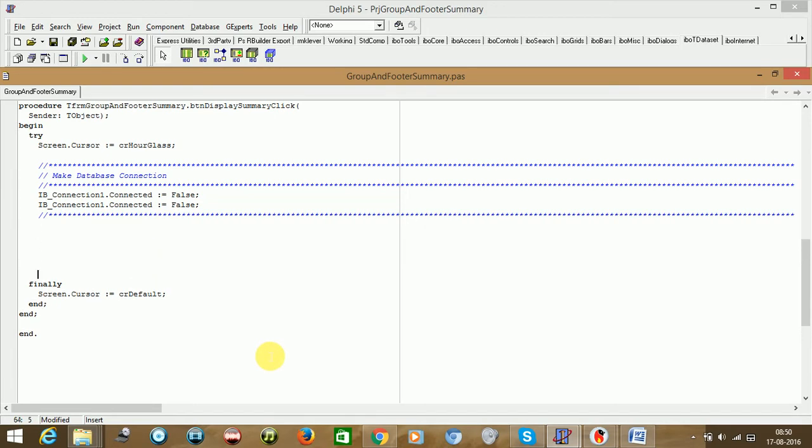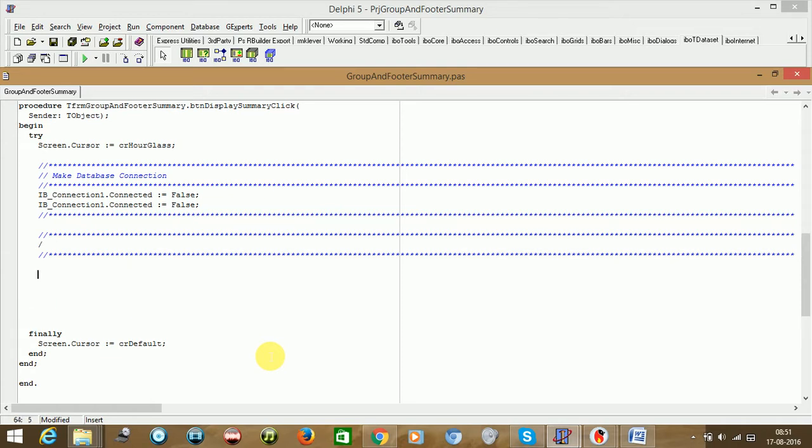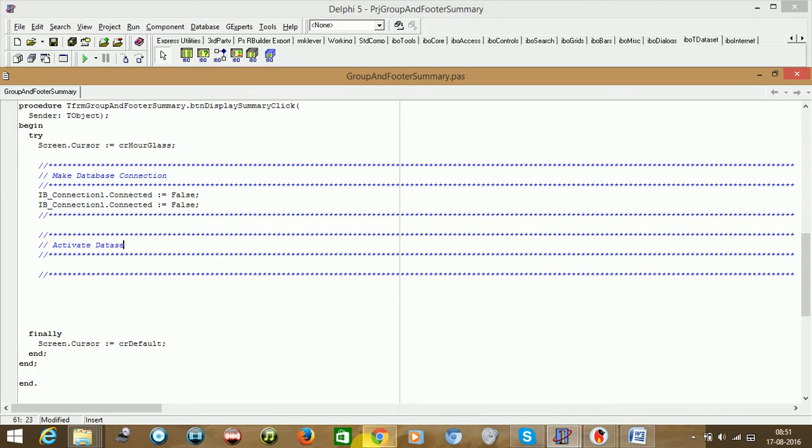Now we need to activate the data set as well. So just say activate data set.